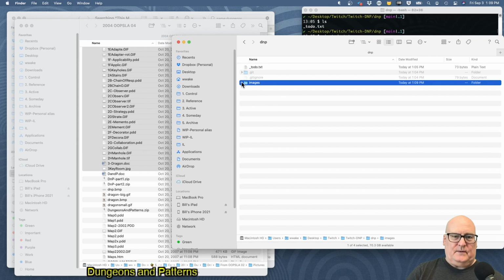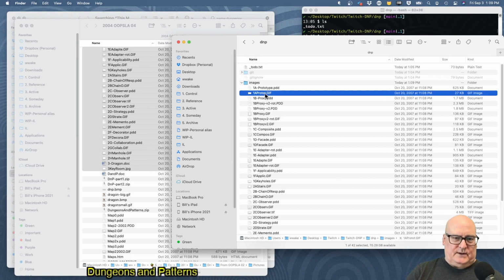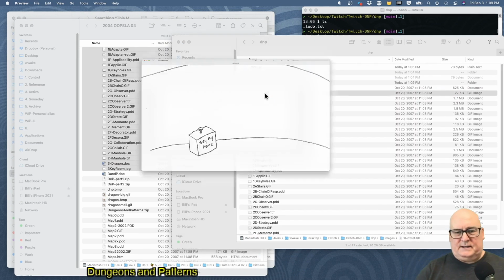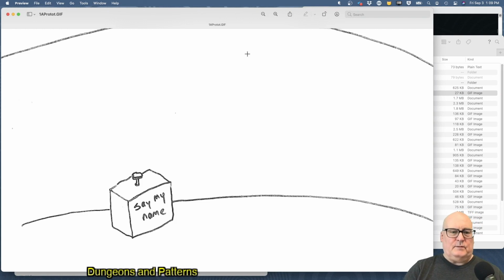There we go. Okay, let me show you what these are. So basically these numbered ones, the number corresponds to a room. And each room has something in it. Now, these names shouldn't give away the answer, but